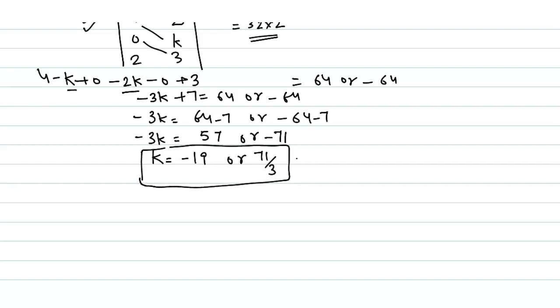Means the value of K in case of collinear points we get single one. But when area is given, area may be positive after expansion, may be negative. That's why we choose two values and the answers are also 2. Means in this case, how many answers of K will come? 2 will come when area data is given. And when area is given 0, meaning collinear points are given, how many answers of K will come? Single will come.